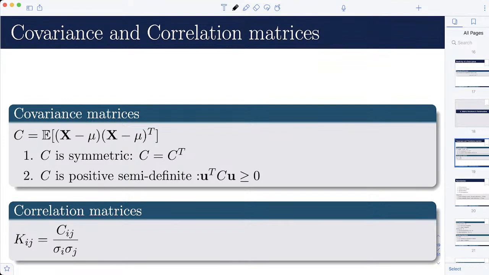Alternatively, since they're symmetric, when it comes to storing symmetric matrices, you don't have to store the whole matrix, right? You can just store the lower triangular half because the upper triangular half is just going to be the same thing, right? So instead of taking n squared,